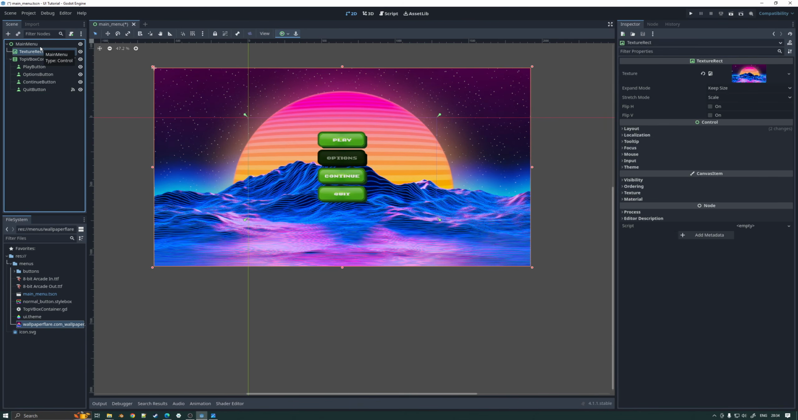And that doesn't look too shabby. Not too shabby at all. We might need to do one thing, which is click here under expand modes. We're just going to say ignore size, and stretch mode. I think it's keep aspect covered that I like. And now if I click on play,